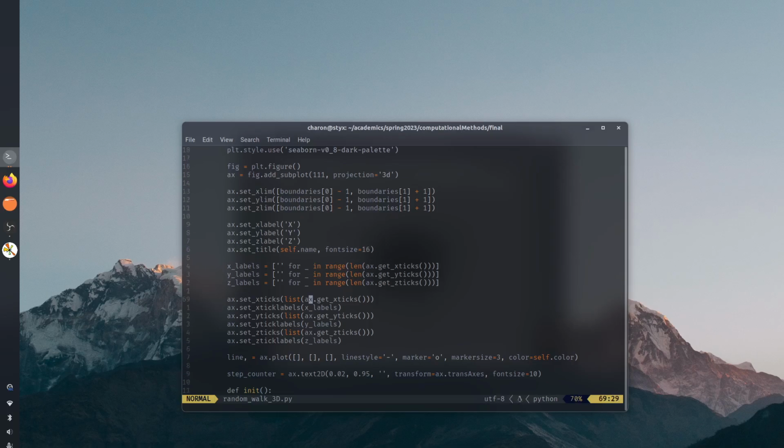So all of this together effectively removes the labels from matplotlib. It'll show the ticks, you'll see the tick marks, but it won't have any numbers associated with the x and the y axes, which is just a visual thing that I wanted. Okay,